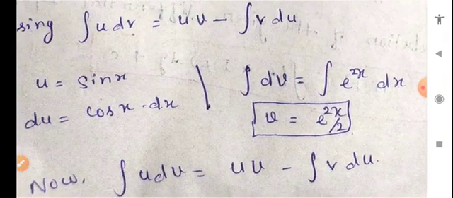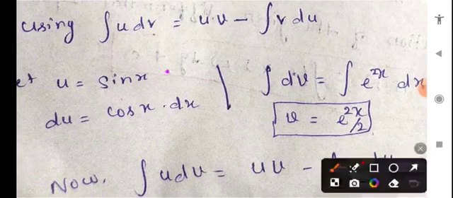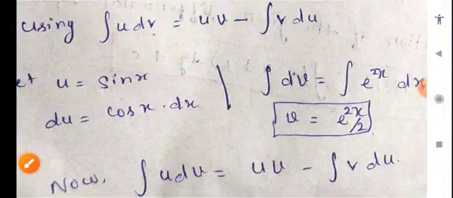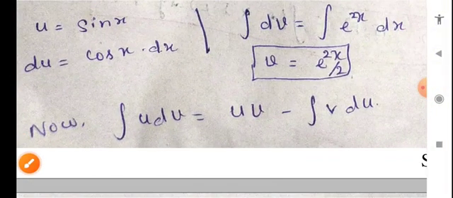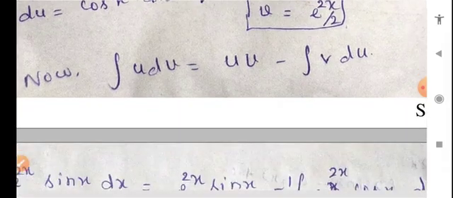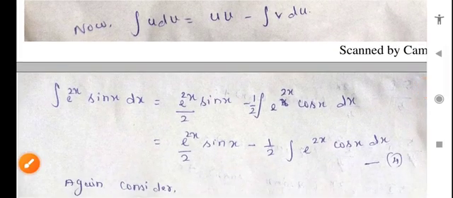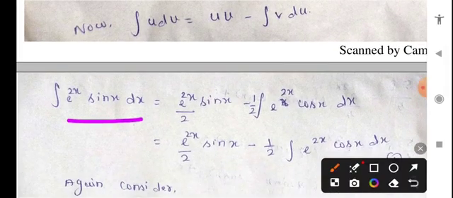Now the u value is sin x, and the v value is e power 2x by 2. Take these values and substitute them in the formula: integral of u dv is equal to uv minus integral of v du. Now we substitute, so it will come as: integral e power 2x into sin x dx is equal to,